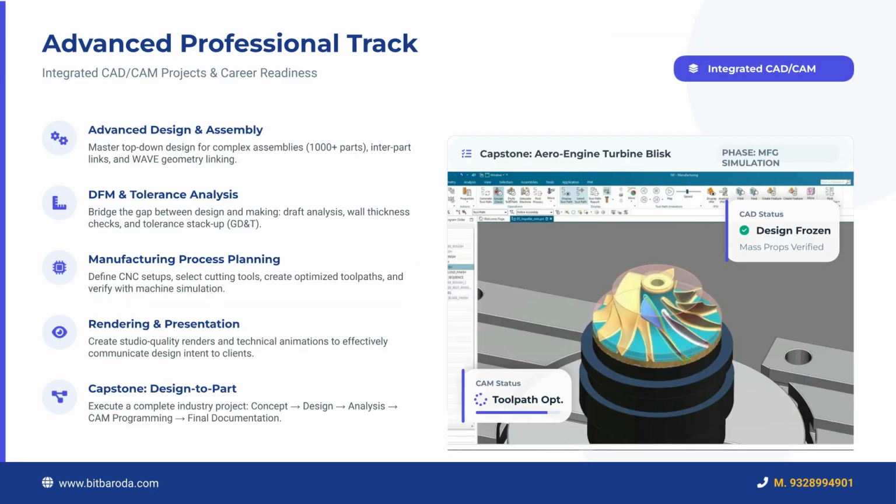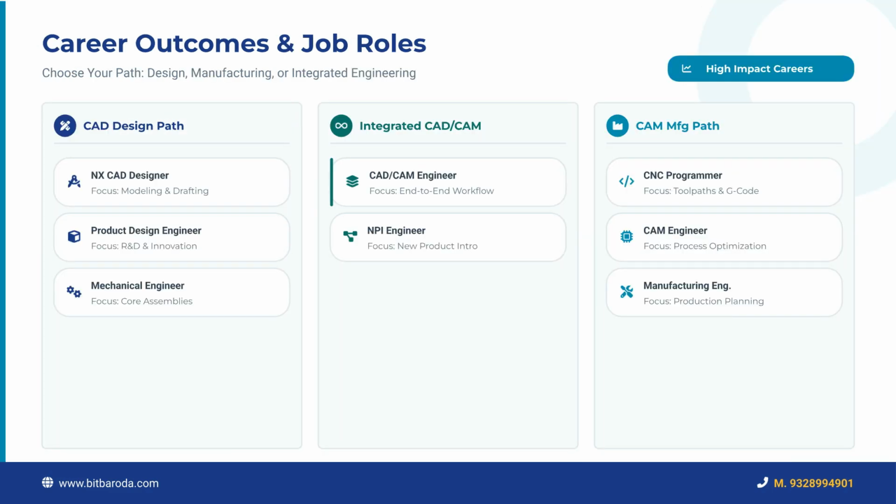The advanced professional track integrates CAM projects and career readiness. This phase includes advanced design and assembly, design for manufacturing, process planning, and a capstone project like the Aero Engine Turbine Blisk. Graduates pursue high-impact careers such as NX CAD designer, CNC programmer, or the highly versatile CAD/CAM engineer, focusing